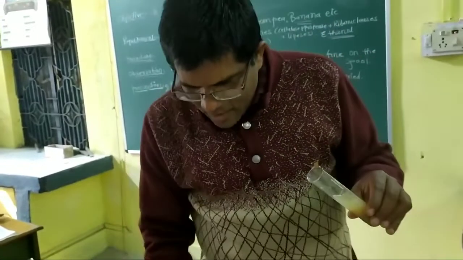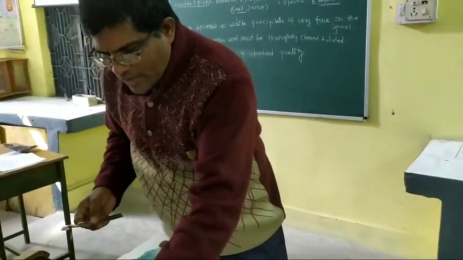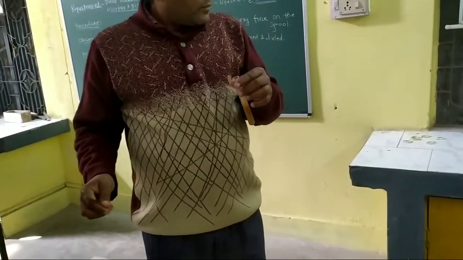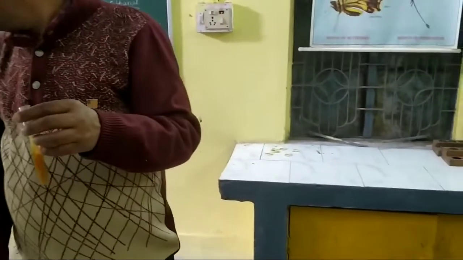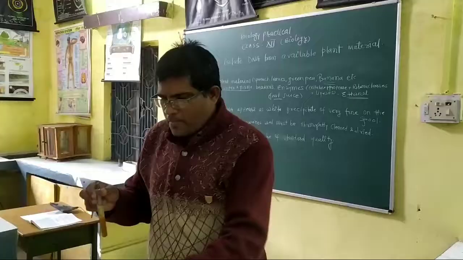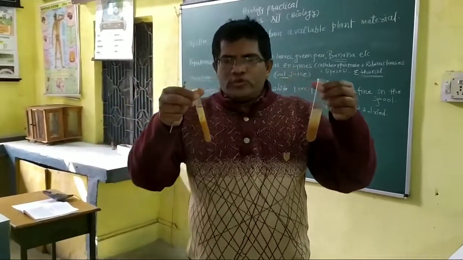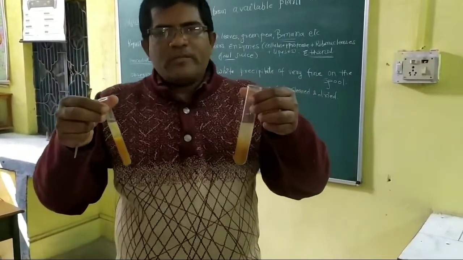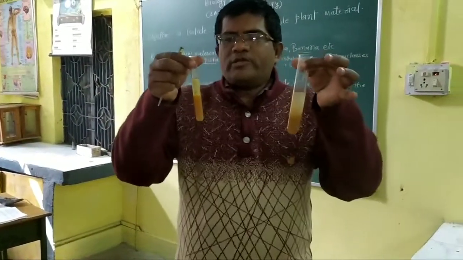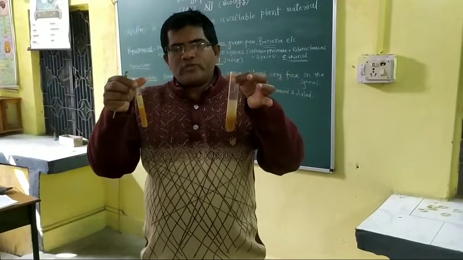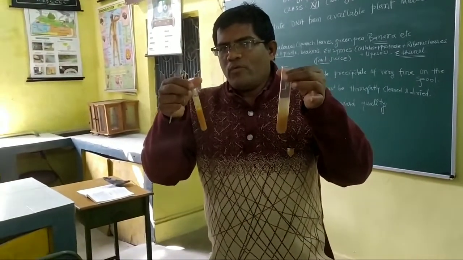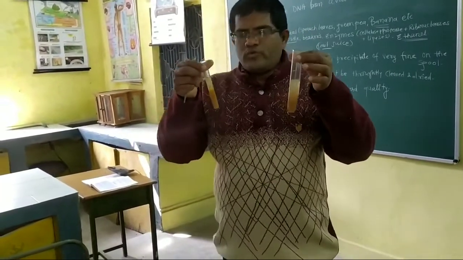We can take out this DNA by spoon very easily. By spooning we can take out the DNA. So students, after mixing the fruit juice with the banana extraction, we kept it for 5 minutes. We are doing it in the small test tube and the big one also, to get a better result, but we have to use only one test tube.